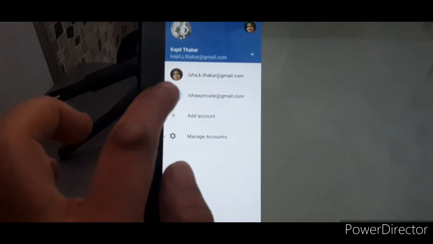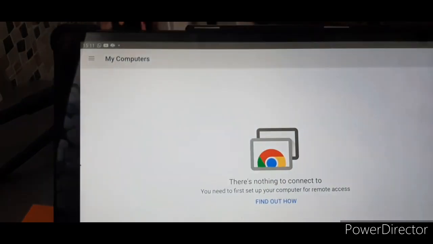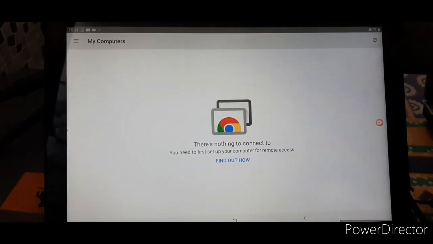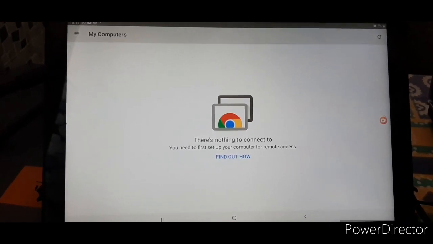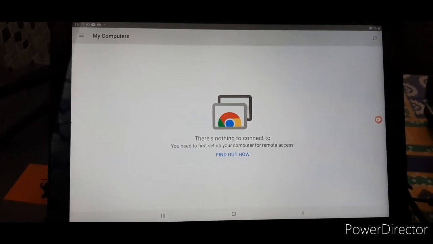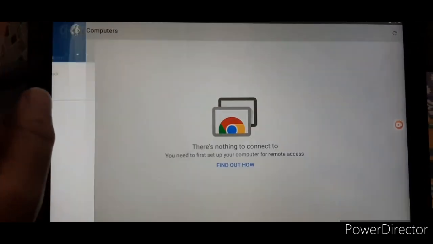I will show you what happens if I change the account. Let's say I have changed the account, then you can see I am not able to find any system. You will get this symbol, so you need to use the same account.